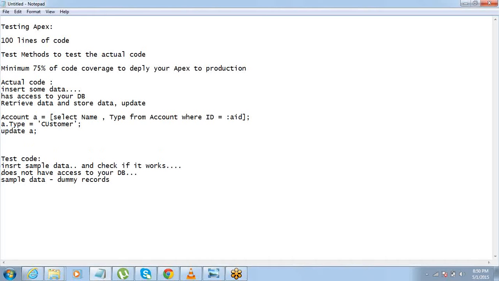So that is something which I need to test. However, I simply don't have the access to the database, so I cannot write this SQL query to do this.